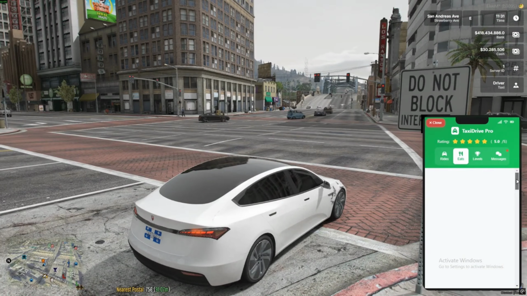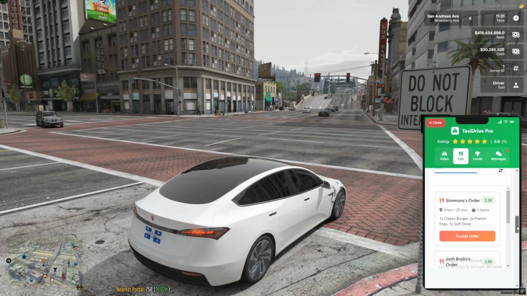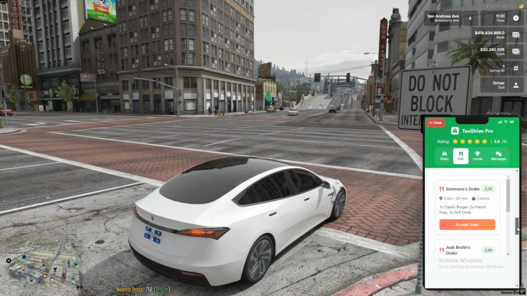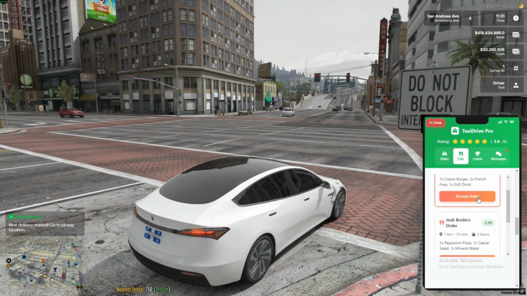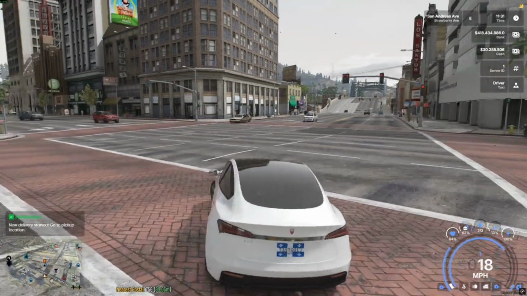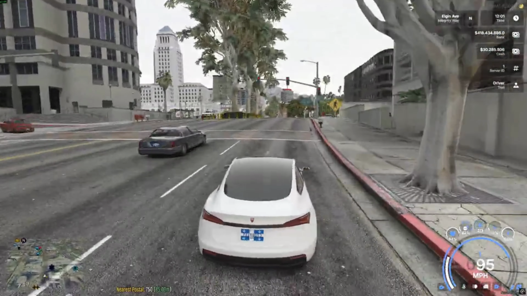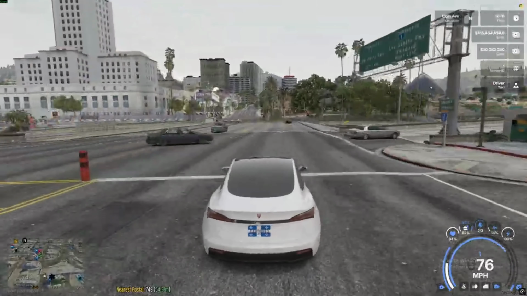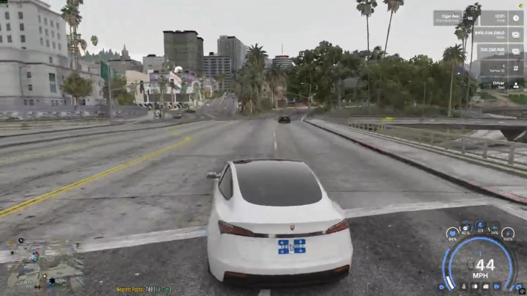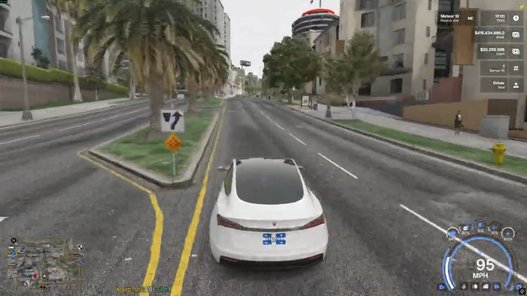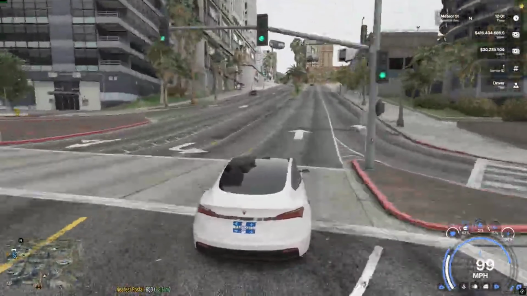Now here we have Uber Eats. This is all configurable. You can put the items and the pricing, it's up to you how you want to configure it. It'll tell you to go to the destination, pick up the order, put the order in your vehicle, and then deliver the order to the customer. You'll have to come out of the vehicle, take the box out of the trunk, and deliver it to the customer. You'll receive pay and level up the same as with passengers, but they're slightly different.